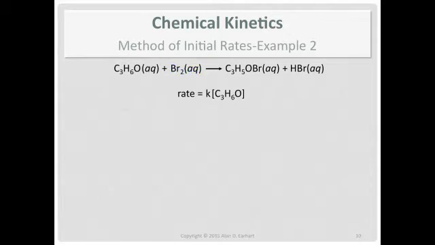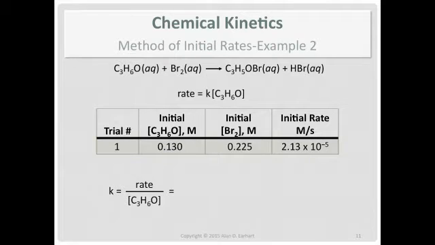Now there's the rate law, but we want the rate constant also. So we'll rearrange and solve for k. That's rate divided by acetone concentration. And like I explained before, it doesn't matter which trial you pick to do the rate constant unless you're specifically told to use all the trials. Since you're not, you can use any of them.